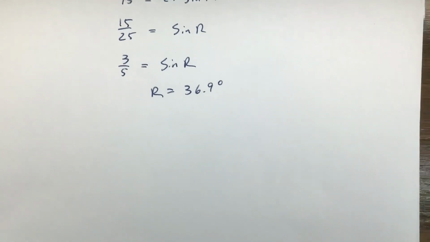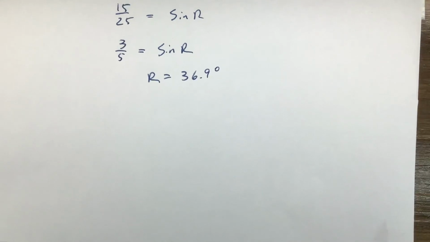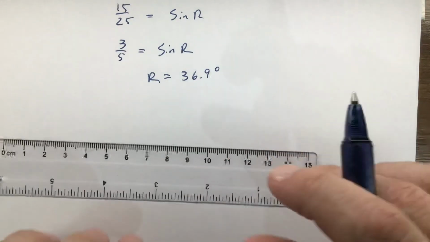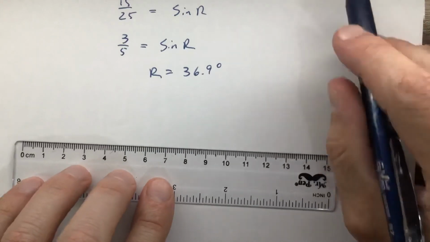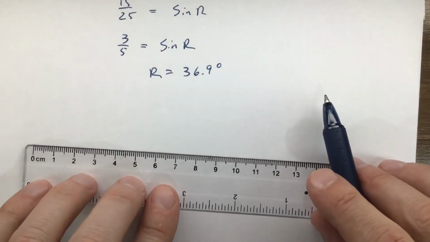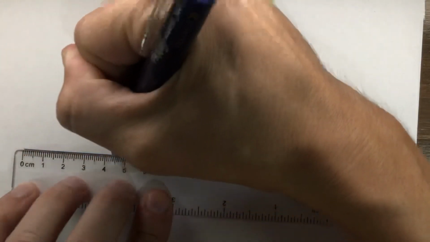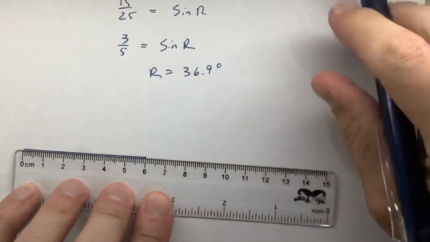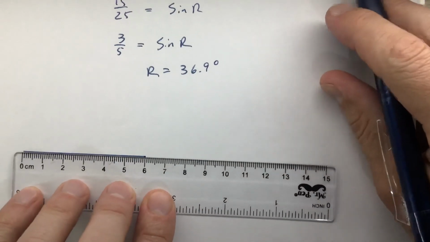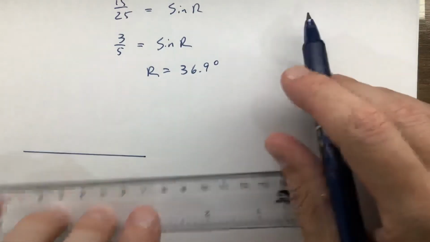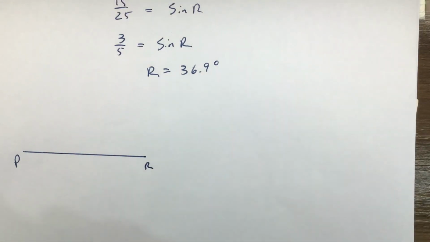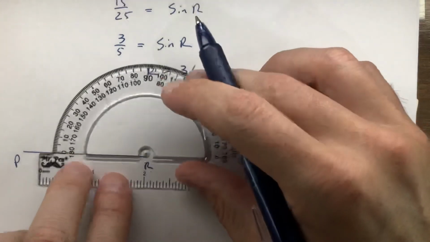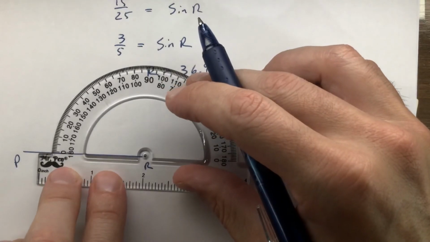All right, so to demonstrate, what I'm going to do is attempt to draw a picture. I'm not going to draw it using exactly those units. I think I'll kind of shrink it a little bit. Let's do the base here. So I'm going to use 6 because I need to make the other side half of that one. So I'll just let that be PR. I think that's going to fit pretty good. And then the angle that we solved for, I'm going to use that. That's at